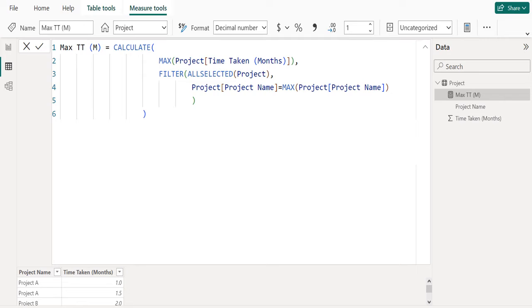For the second parameter of the FILTER DAX function, we provide the filter expression as the project name column from the project table is equal to the maximum of the project name column from the project table. That's it. We are done. Close the parenthesis of the FILTER DAX function and the CALCULATE DAX function and press the Enter key to see the results